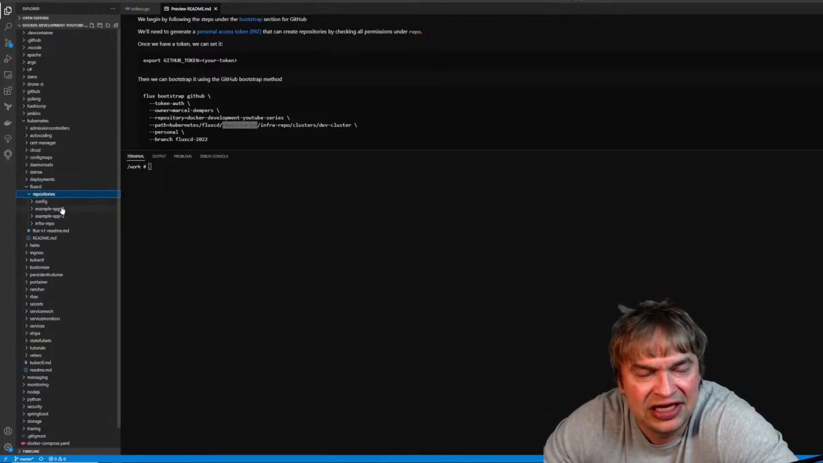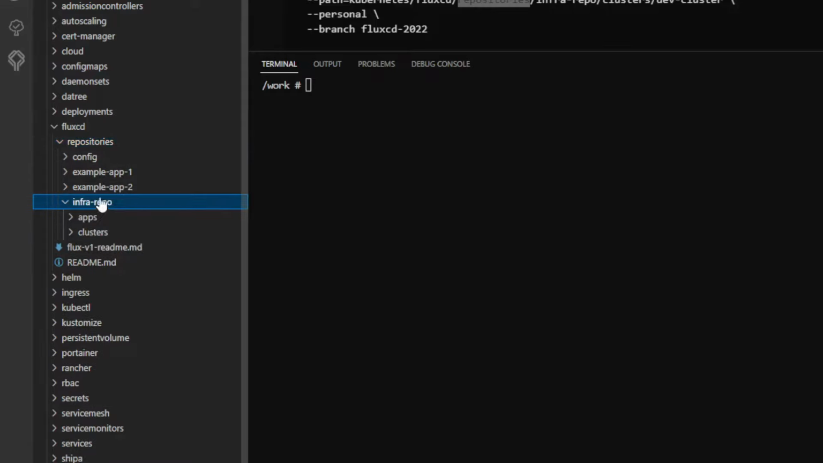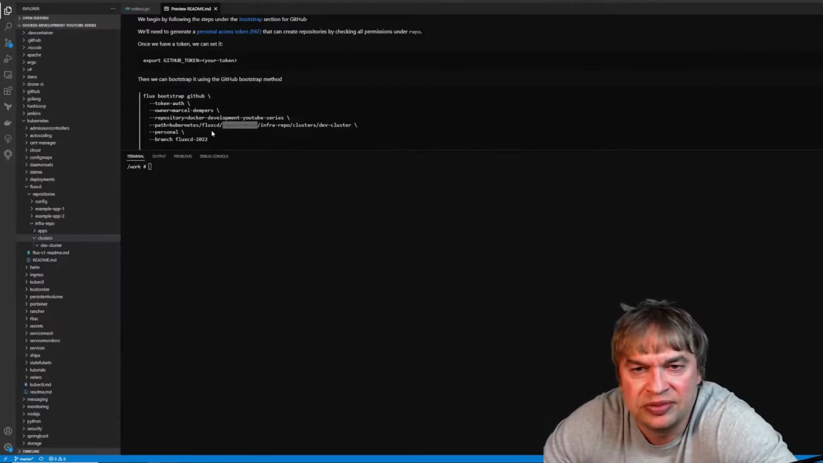So you can see, if we take a look at the left here, that I have my Flux folder repositories, and in here I have an infra repo. So this is where I can go ahead and create a cluster folder and a dev cluster, and I can have multiple folders for my infrastructure. I can have a dev cluster, a prod cluster, and this is very important because the way you bootstrap Flux is you have to bootstrap